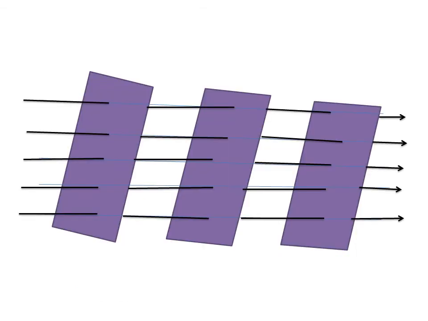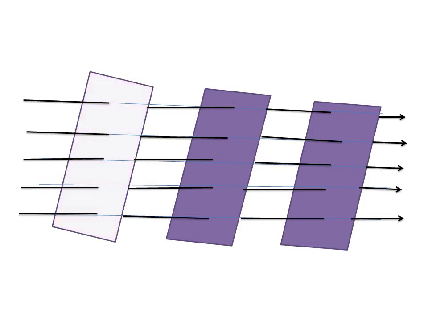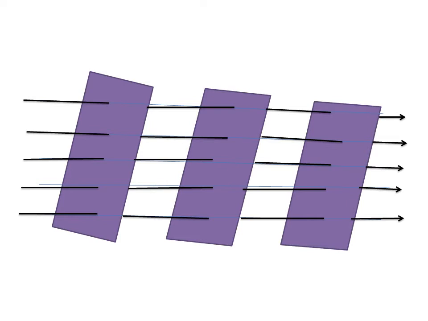So let us now consider case of uniform electric field. We represent uniform electric field by drawing parallel lines equidistant from each other on a surface. Here we have a plane which is normal to the field lines. On all points on this plane, potential will be the same. So this is an equipotential surface. Here we have another plane perpendicular to the field lines. On all points on this plane, potential is the same. So this is an equipotential surface. But the potential on the first plane is not the same as potential on the second plane.